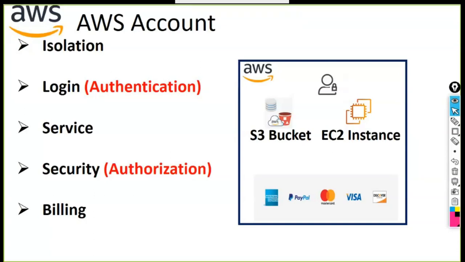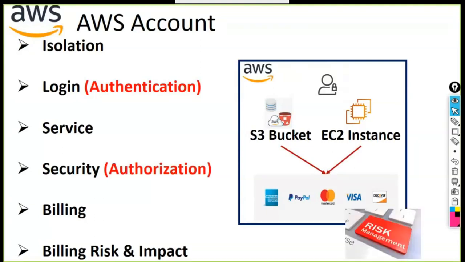This is where we have to be very careful. So for these two services, if usage crosses the free tier range, then obviously they will start taking the money from these particular platforms. Probably you would have tied up with PayPal, or it could be a credit card. That doesn't matter. I guess in the registration we don't have PayPal. We have the credit card or debit card options. Now, during the billing, there are some risks and impact. If we cross that free tier, we have a major risk.